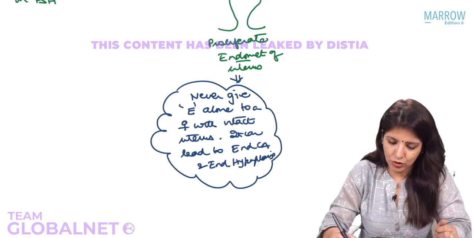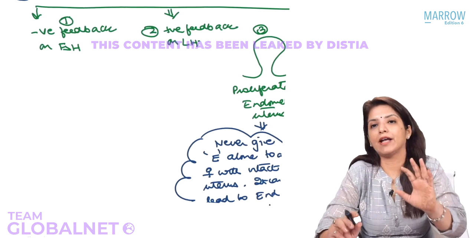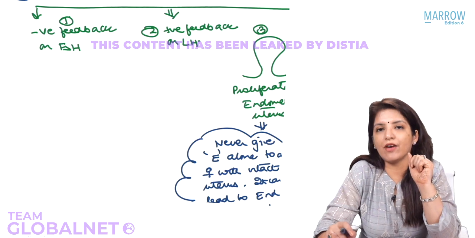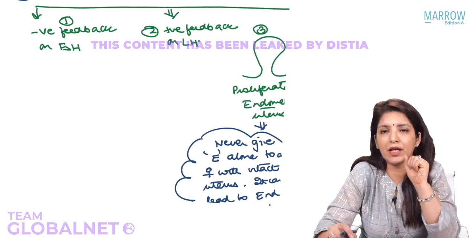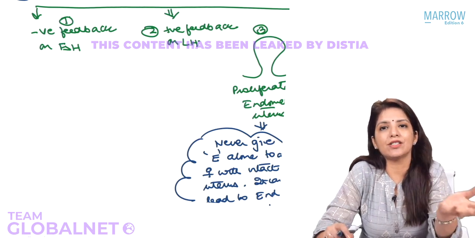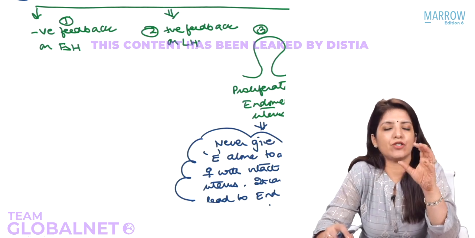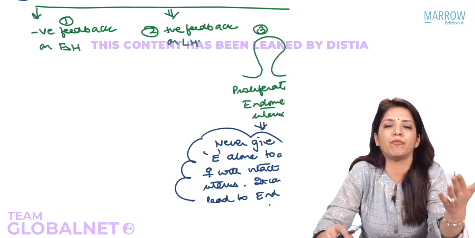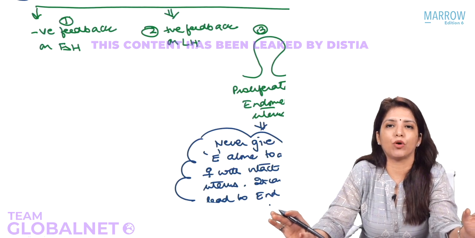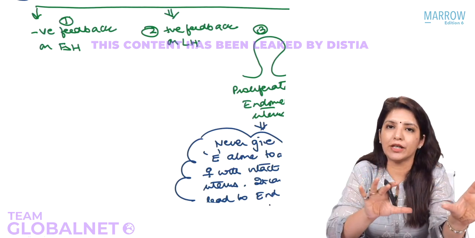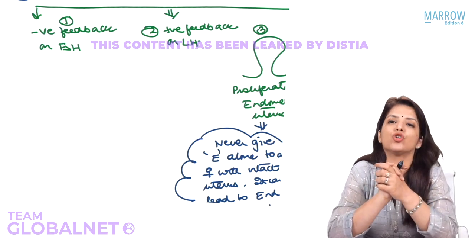Now let's talk about its function number one. Its function number one was a negative feedback on FSH. Now what was FSH doing? FSH was preventing the many follicles from undergoing atresia by stimulating them. And now estrogen has decreased the levels of FSH. So all the follicles which were stimulated by FSH and prevented from undergoing apoptosis will finally undergo apoptosis, except one follicle. And this one follicle is called the dominant follicle.